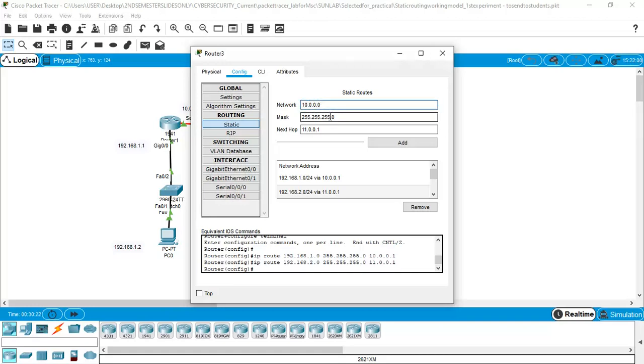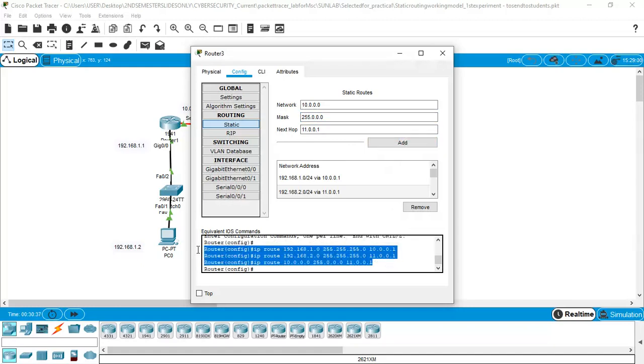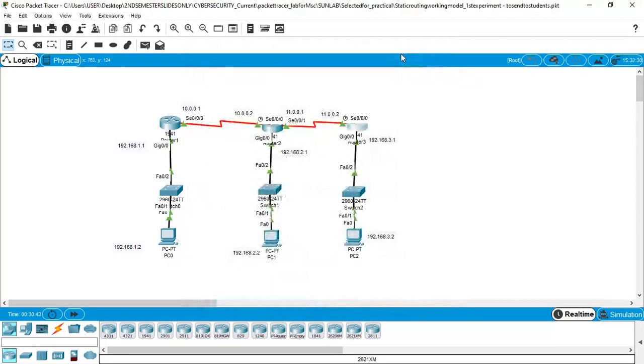The subnet mask will be different, 255.0.0.0. That will be via the same interface, 11.0.0.1. Added. So we have added the three routes for router R3, and thereby we have completed the configuration.